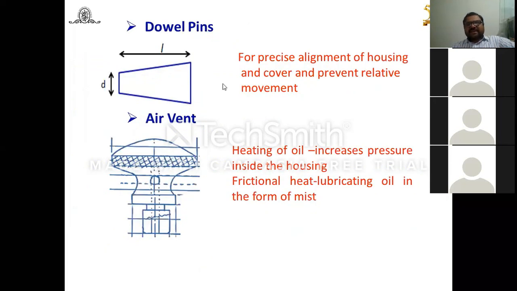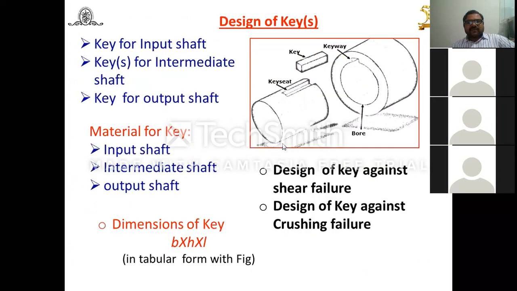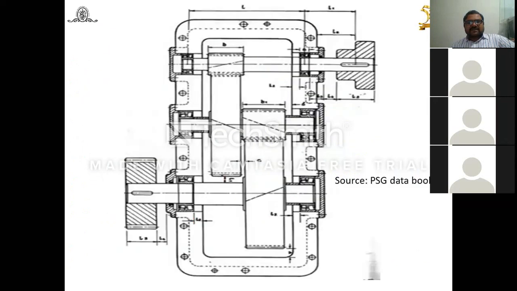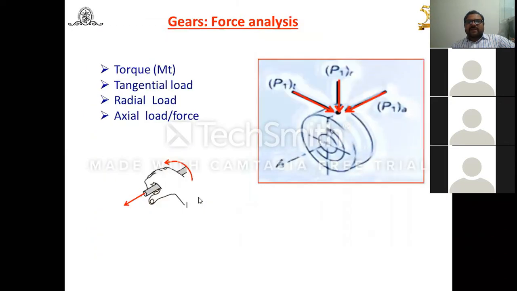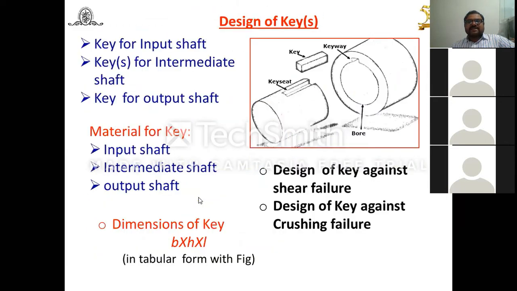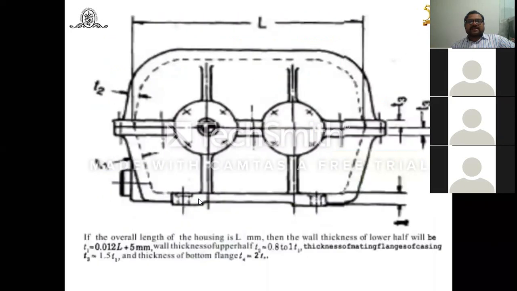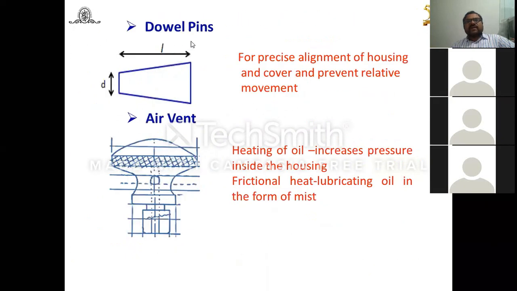Now here, after the casing, what you have to do in casing, you will find in this diagram. I would like to show here. Look at this. Here, the cross marks are shown in the casing. The provision here: all these are the dowel pin marks. Why this? The pins, which may be provided on the upper or the lower casing, are for proper alignment purposes. So you will find their position here. Dowel pins are provided for precise alignment while mounting the upper casing and lower casing properly.